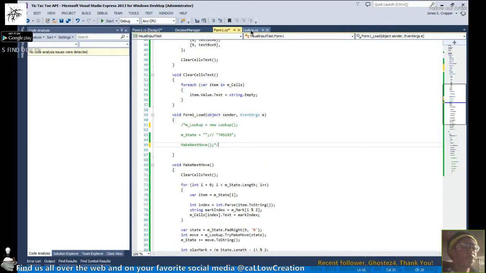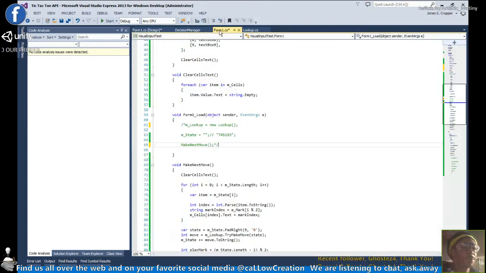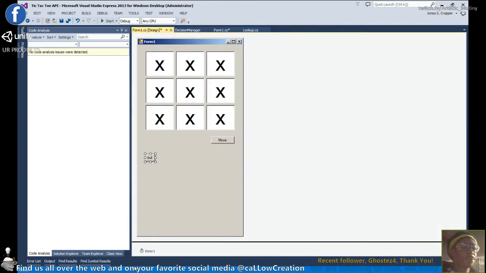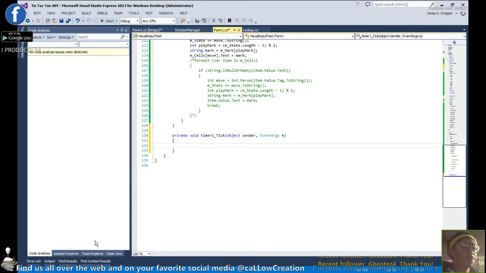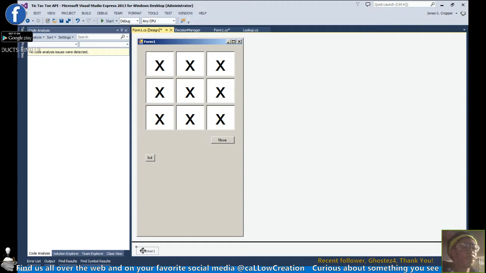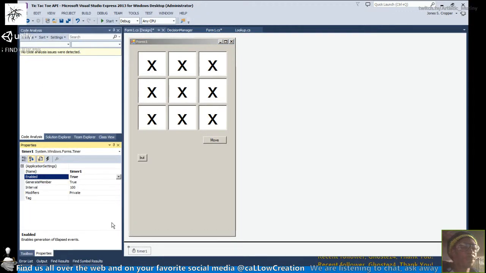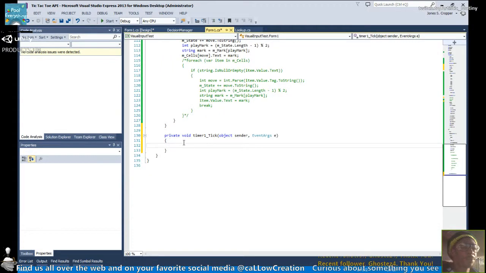Anyway, let's get our little button guy here and moved around. So that's button 1. And on the timer, let's activate the timer. And I don't think they're enabled by default. Properties. Yeah, so let's enable the timer, and every half a second it's gonna increment. So when it does,